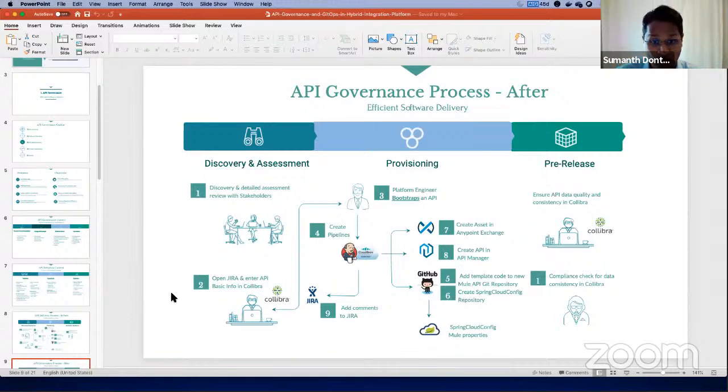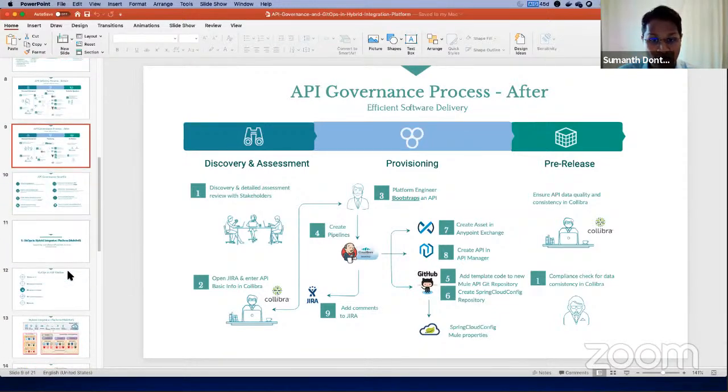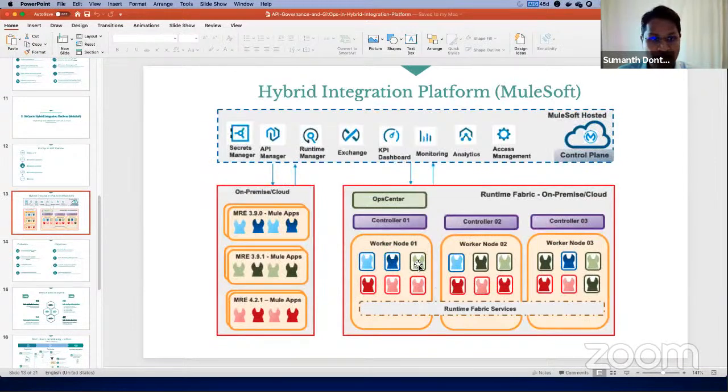If you really want to have 3.9 and 4.x, go RTF. That's your friend. Each Mule app is a different color. This one can be 3.9, this one can be 3.9.1, this is 4.2, and 4.3 is also getting released. The benefit in Runtime Fabric is each application gets its own runtime. That's the beauty, because now you moved out of having 10 or 20 apps deployed on a single JVM. You decouple from that. I don't have to get tied to that JVM. I don't have to increase my risk because of that JVM going down.